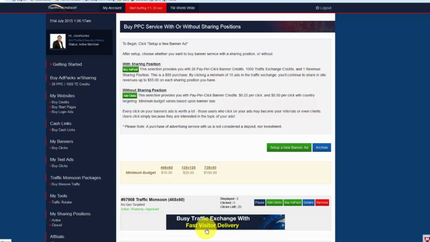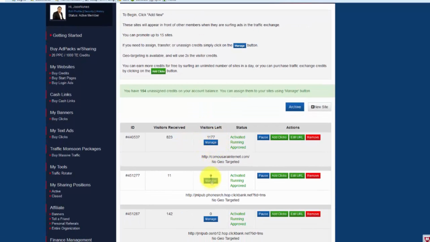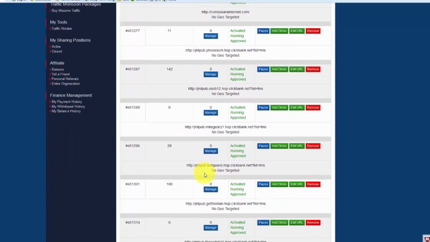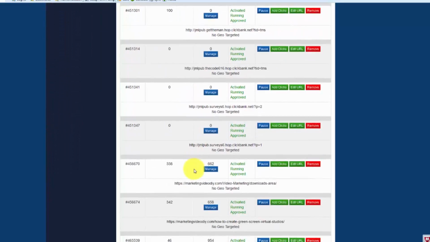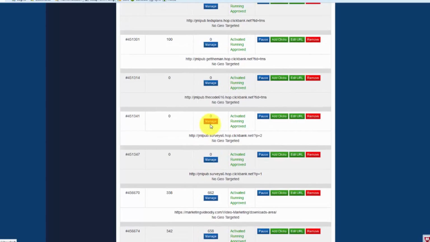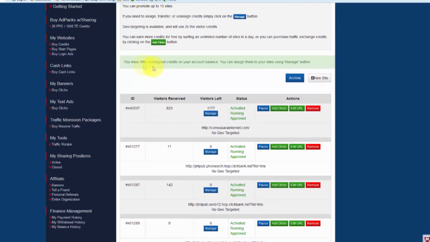The next thing is you get 1,000 traffic exchange credits. If I go to my website, it will show I got those in one go. You can see advertising different things here. Some I got clicks, some I've run out, and some still have clicks, and those credits that I earn, I can convert them into clicks.